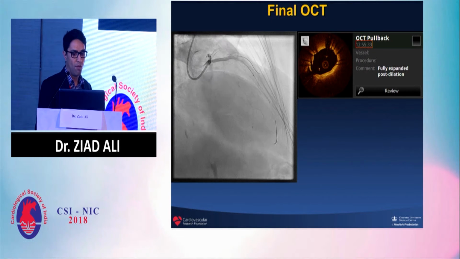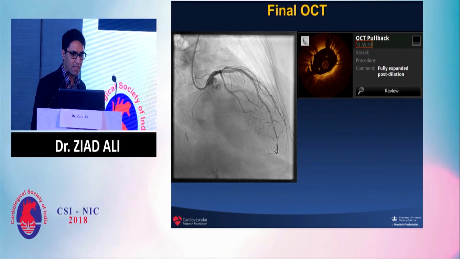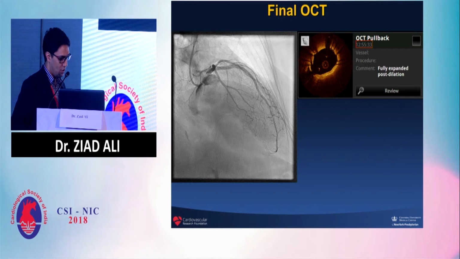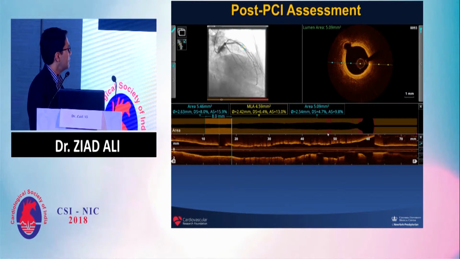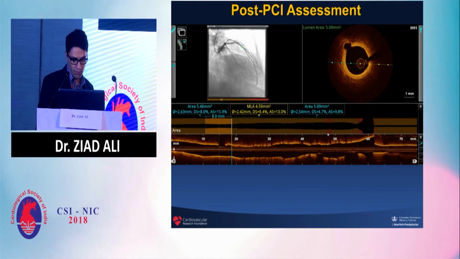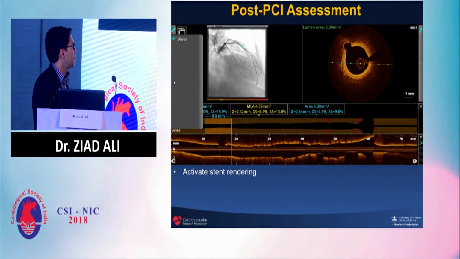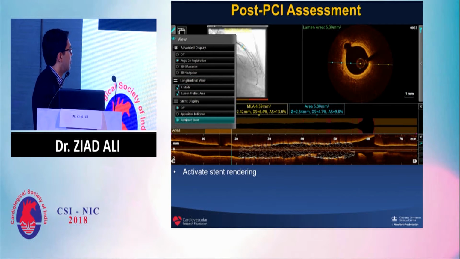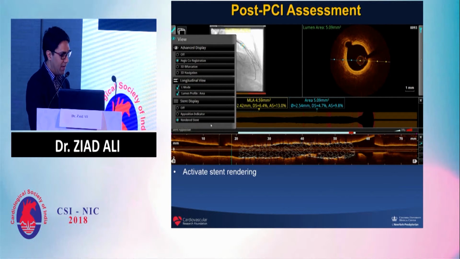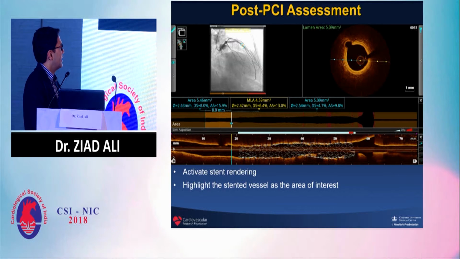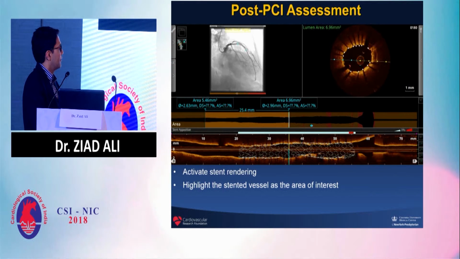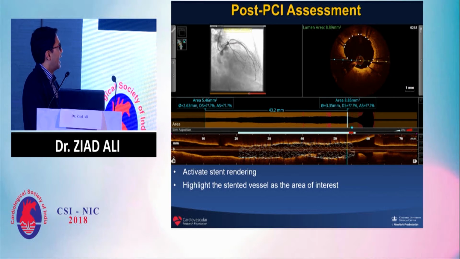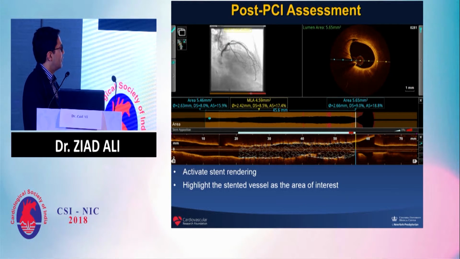Okay, now it's 12:55. You remember we started this case at 12:30. So this is our post-PCI OCT, and let's go through it again. First step, activate the stent rendering. Once we've activated the stent rendering, we highlight the stented vessel area of interest. Again, you do that by highlighting using this white bar, which is the OCT telling you where the stent struts